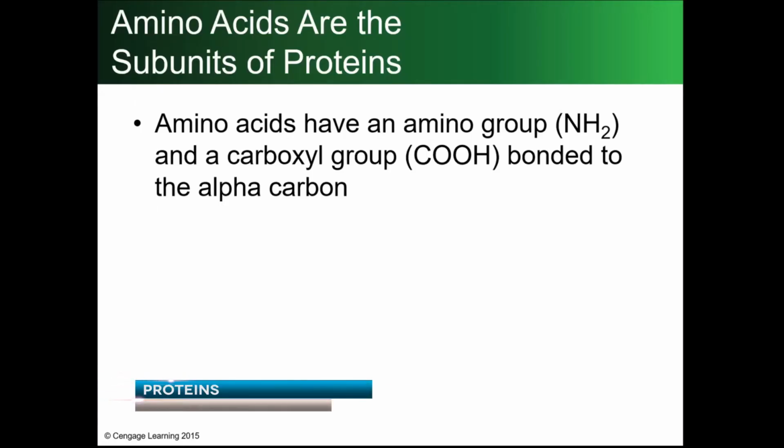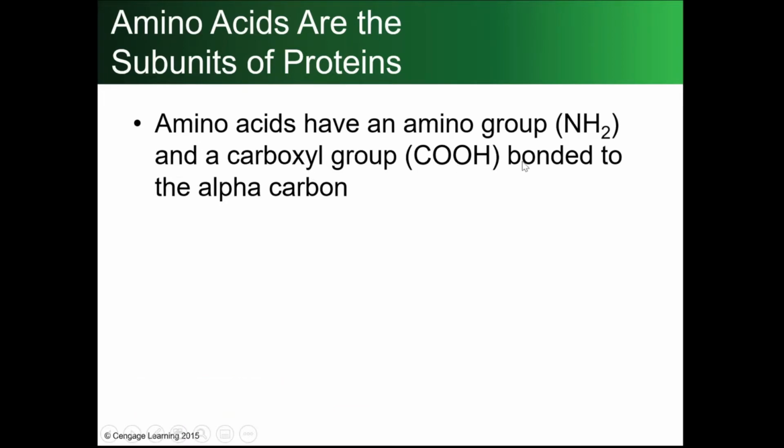Amino acids have an amino group, NH2, and a carboxyl group, COOH, that are bonded together to the alpha carbon. What is the alpha carbon? This is a good question. The alpha carbon is a symmetrical carbon that